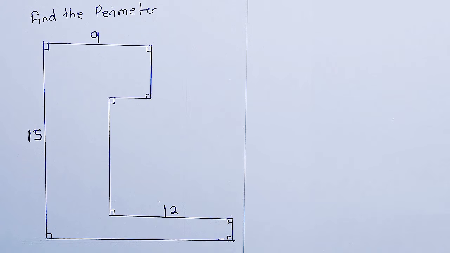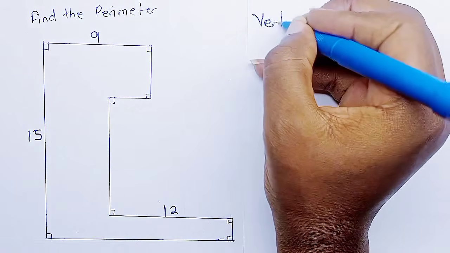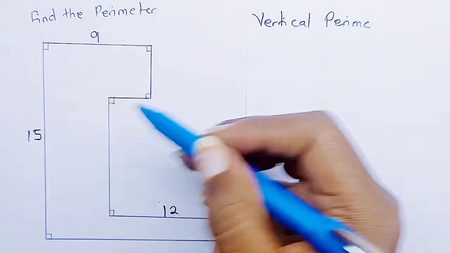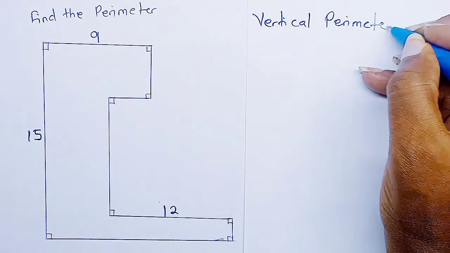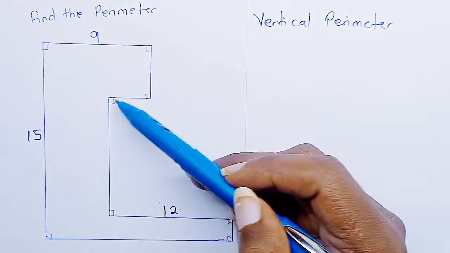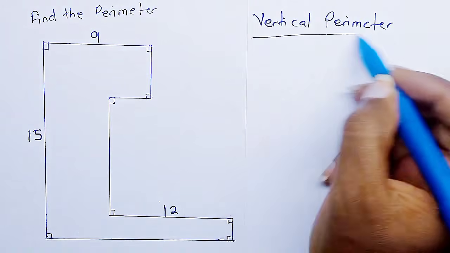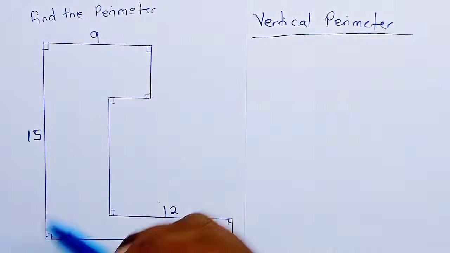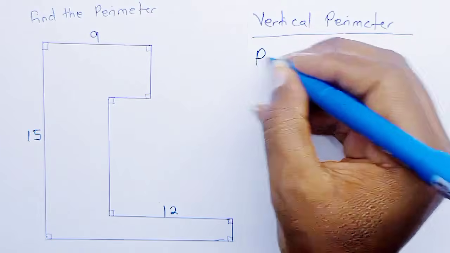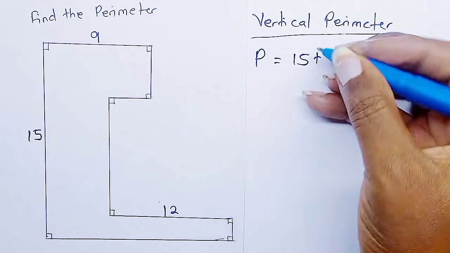What we're going to do is first find the vertical perimeter. So the perimeter of the vertical sides. By that I mean this side plus this side plus this side plus this side here. Now we know that this side is 15, okay? One of the sides is 15, so the perimeter of the vertical sides will be 15 plus, now this side,